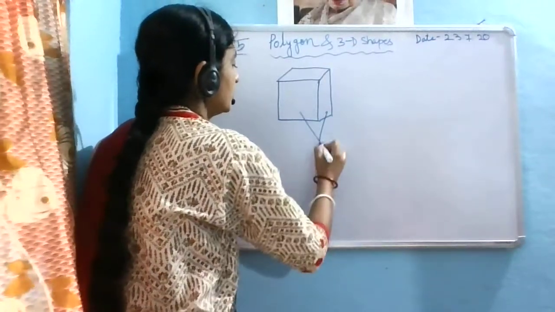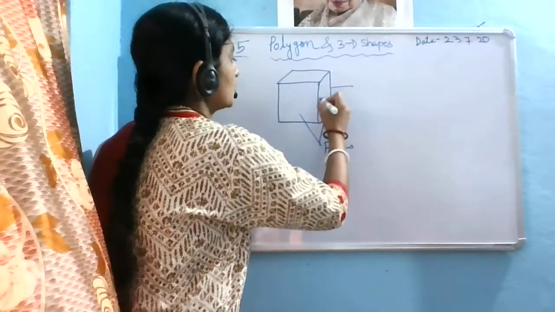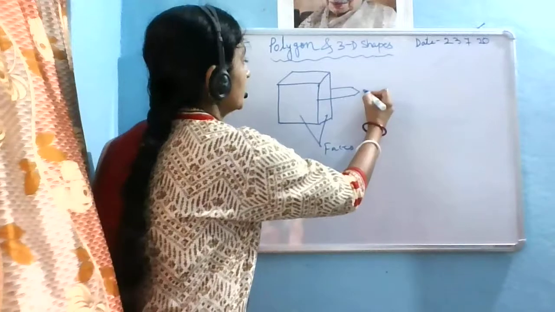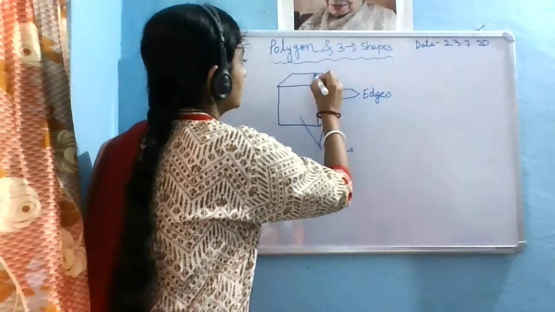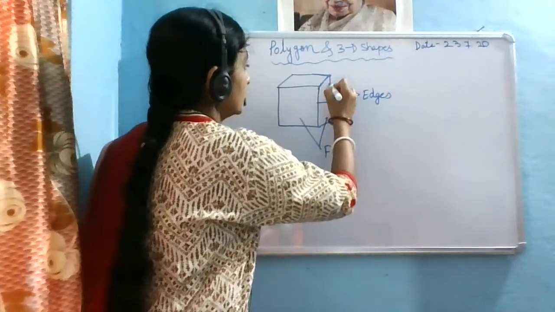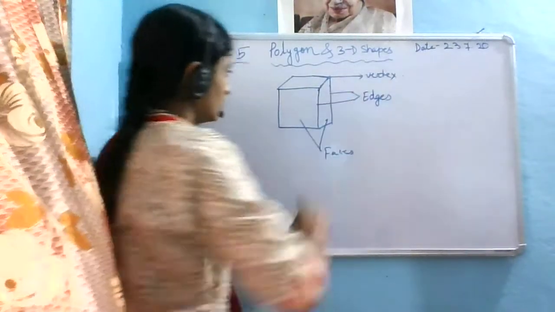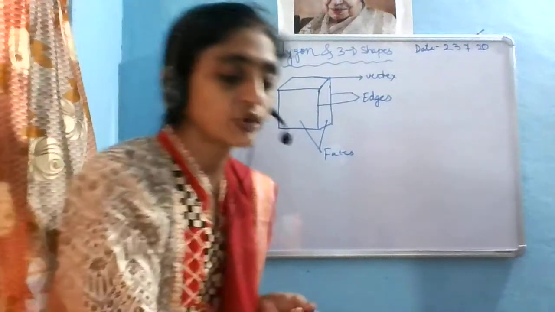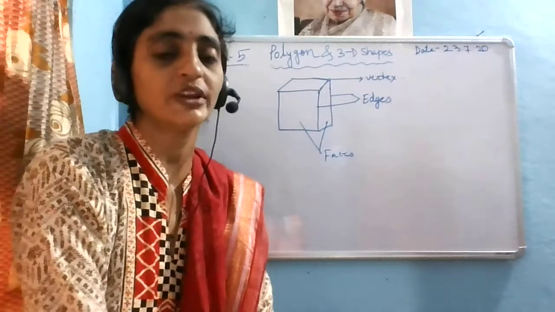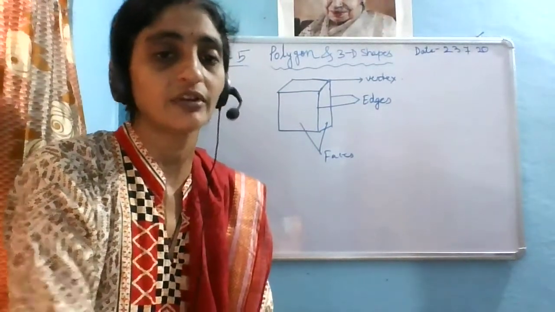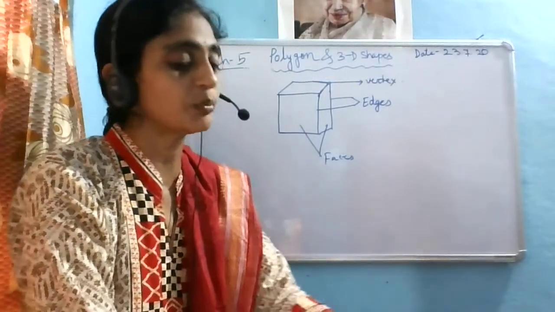So these are the faces, and these line segments, this one, that one, where the faces meet, those are the edges, and the point where these 3 line segments meet is called a vertex. Now, for any of the solid shapes, the 3D shapes, you can count how many sides, that means faces, it has, how many vertices it has, and how many edges it has.